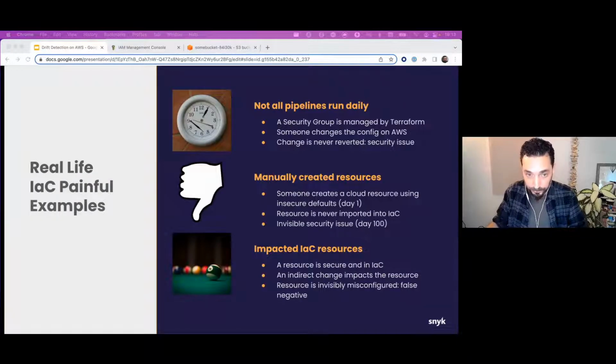So before jumping into the real life examples with demos, I would like to share some major topics, real life examples that we experienced either firsthand ourselves or with customers or partners. And examples include, they are not always the simple, oh yeah, we had a misconfiguration, we never fixed it, and